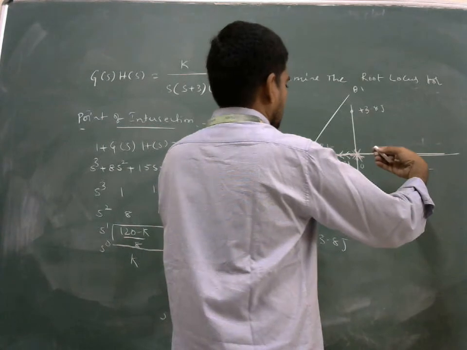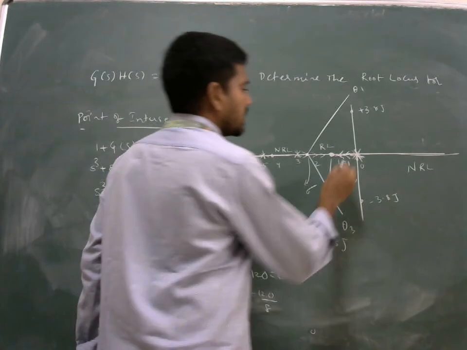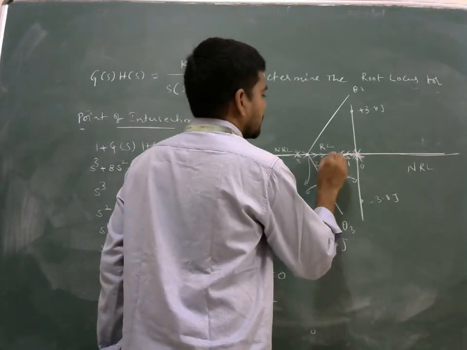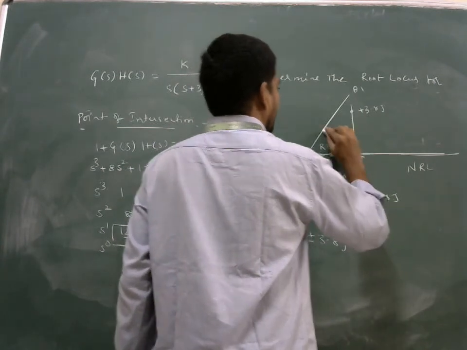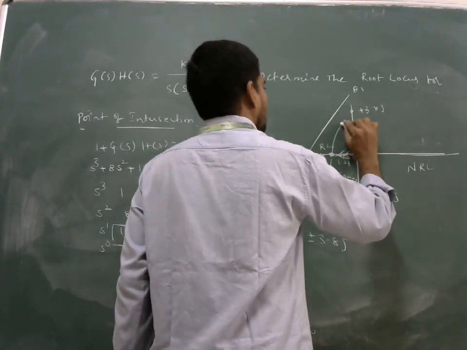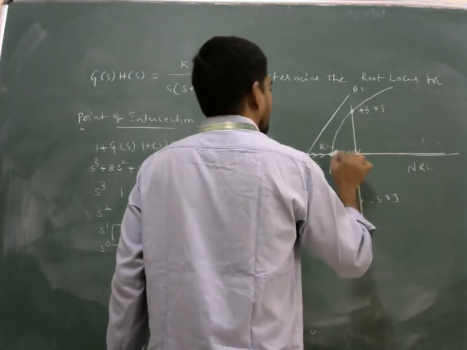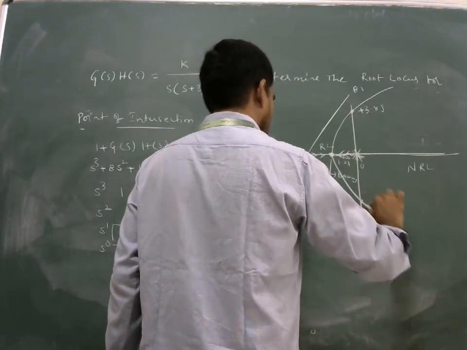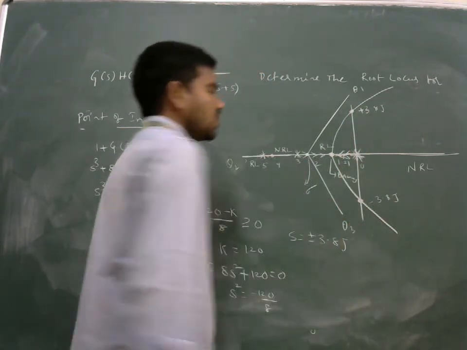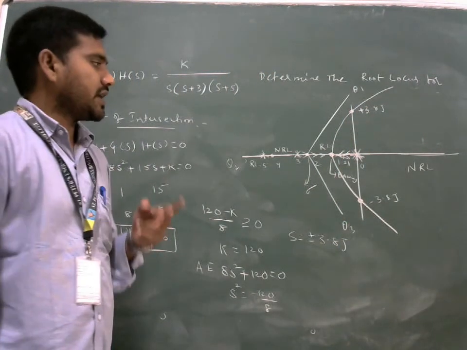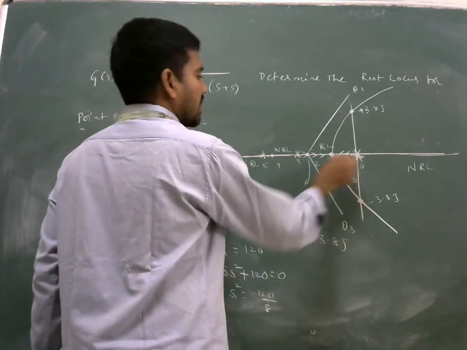These two root locus branches, that means pole 0 and pole 3, will be coming like this, and at this point they collide with each other, and they are going to move in the direction of the angle of departure, and when it touches the point of intersection, that is at plus 3.8 j, and again when it reaches minus 3.8 j. Now the two root locus branches are considered completed. That means pole 1 is completed, pole 2 is completed.